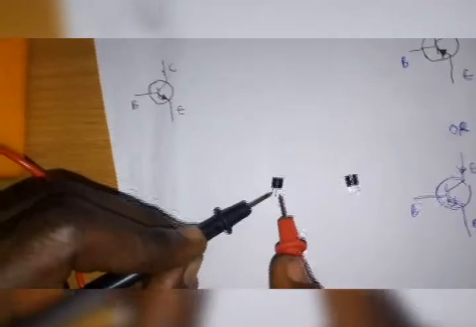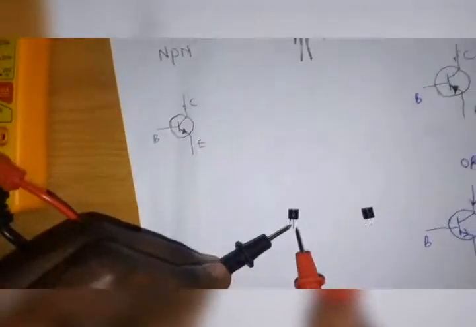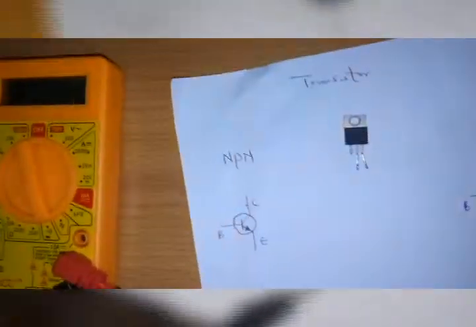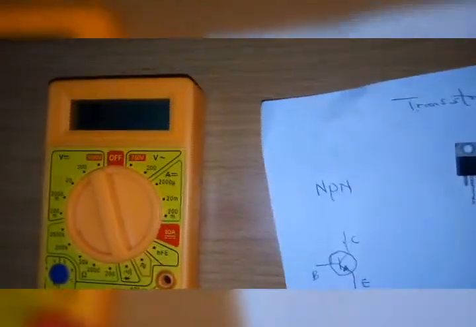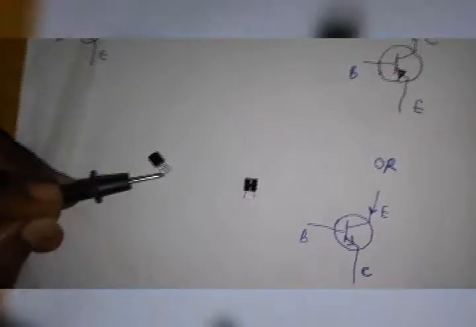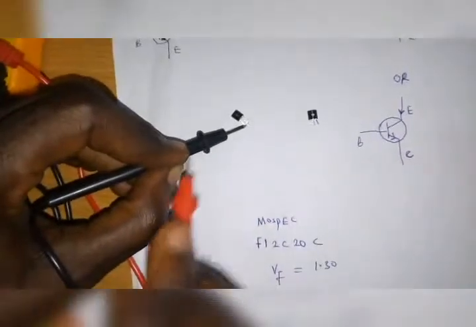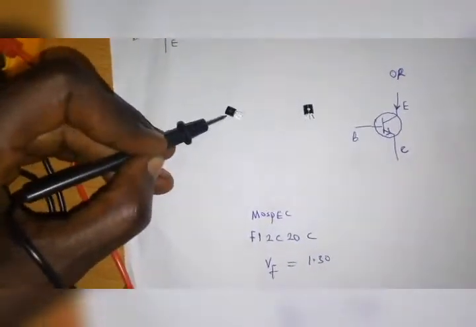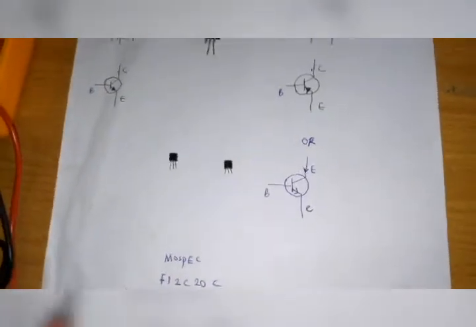So by the time I put the positive probe again to the third leg, if there is also a high resistance, this means that the transistor is good, and at the same time it means that the first leg where I've placed the negative probe is the base of this particular transistor, and this transistor is an